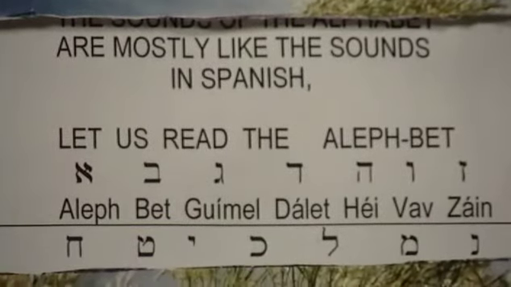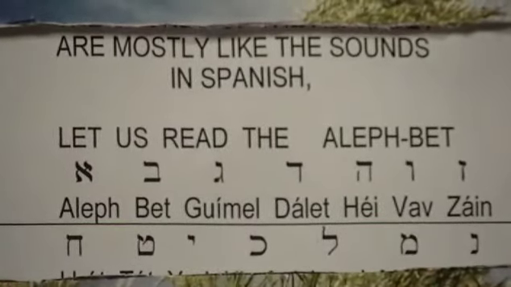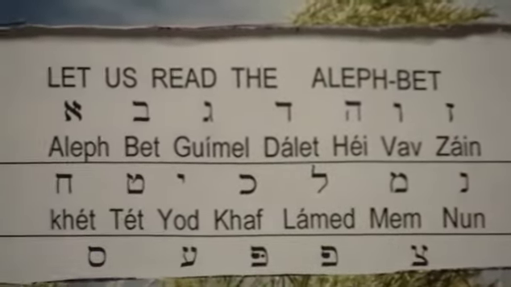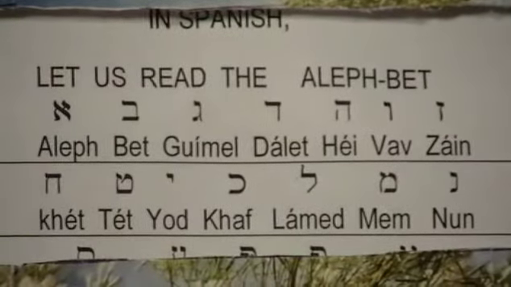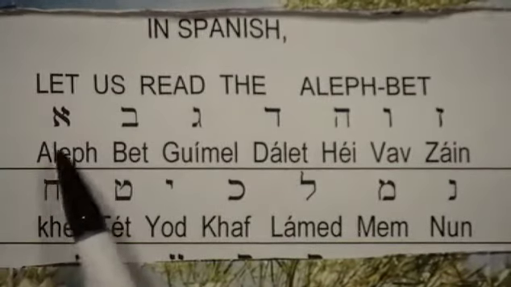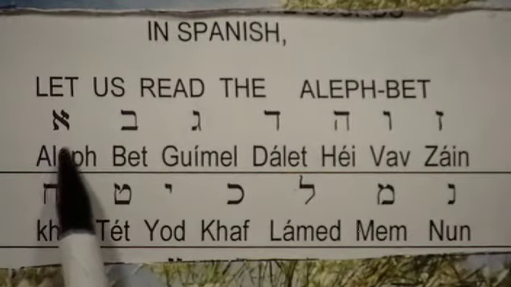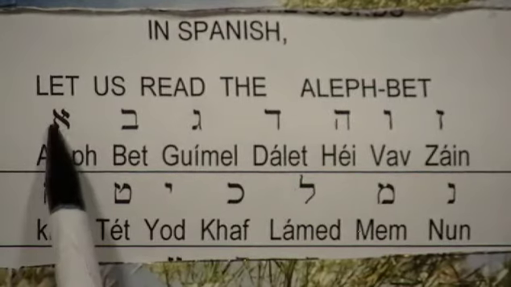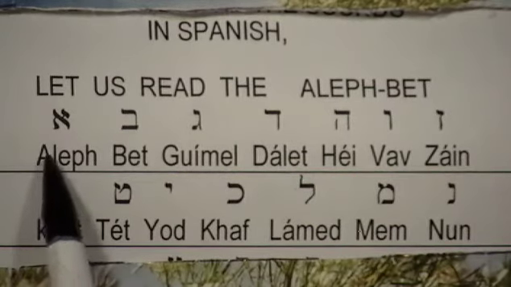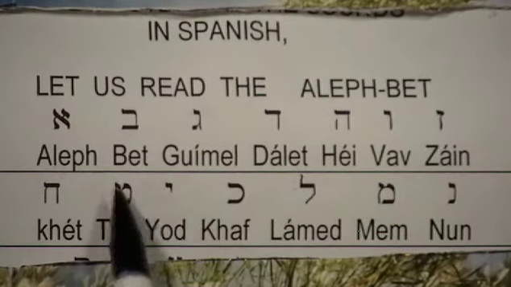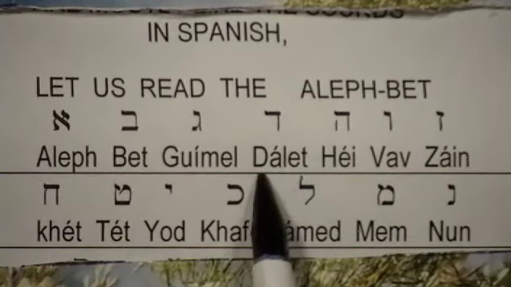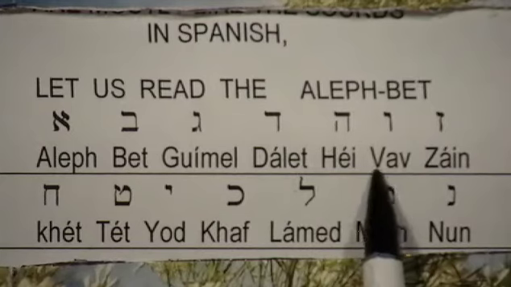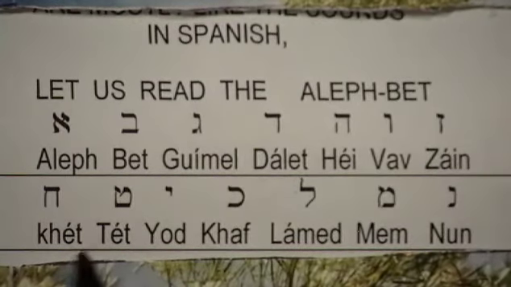Let us read the alphabet. It is called Aleph Bet in Hebrew. And we have the letters in Hebrew and their names. Try to remember. This is the Aleph, Bet, Gimel, Dalet, He, Vav, Zain, Het,